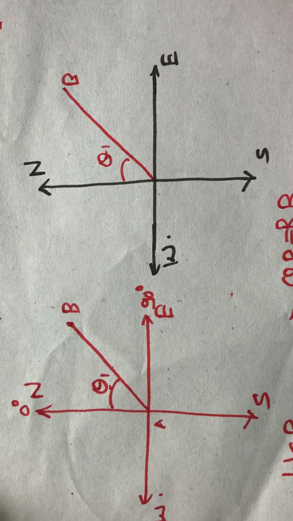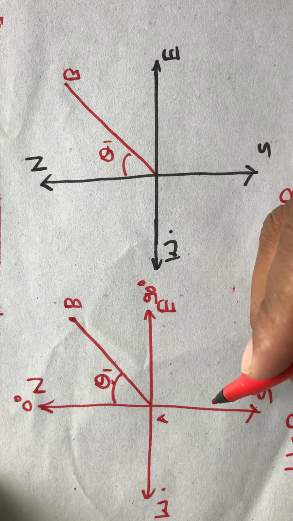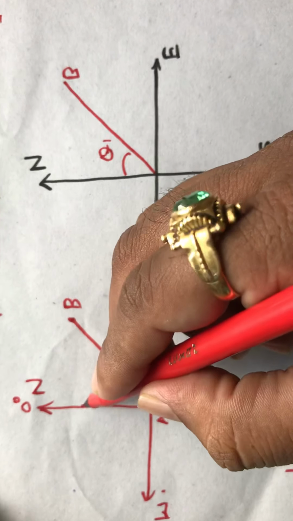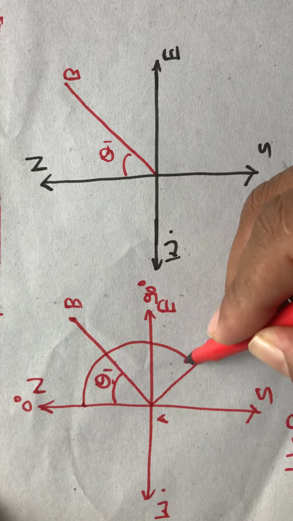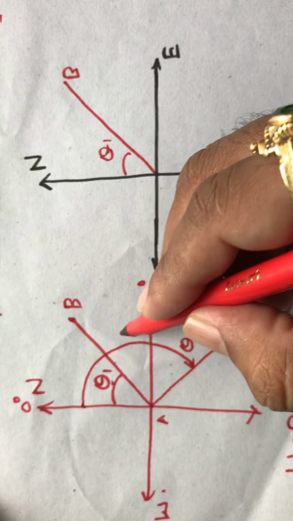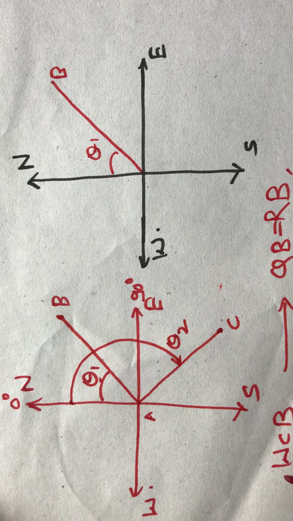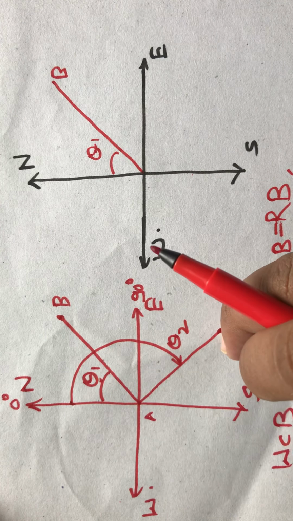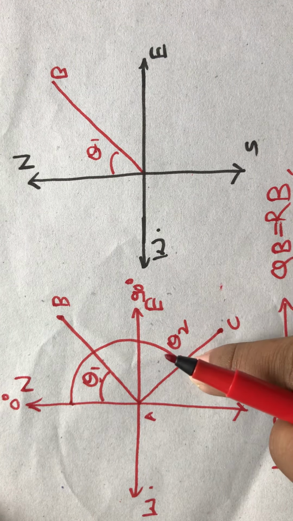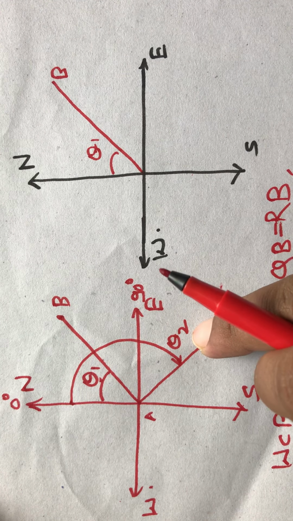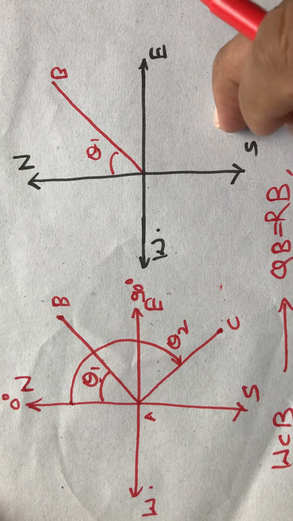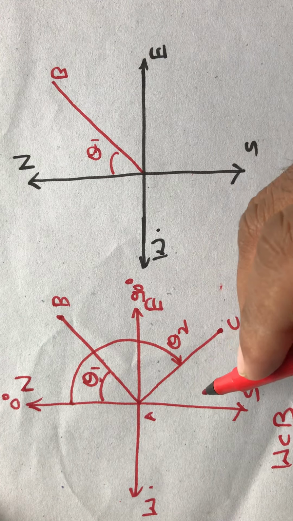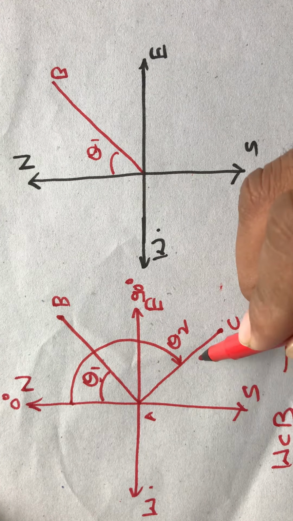Now next, suppose it is in the southeast. Suppose for the line AC, the whole circle bearing is theta 2, which is measured from the north, because whole circle bearing is always measured from the north clockwise up to the line. Now when we are converting this theta 2 into the quadrantal bearing, also called the reduced bearing, what will happen? The nearer angle is from the south. Suppose this is the line.